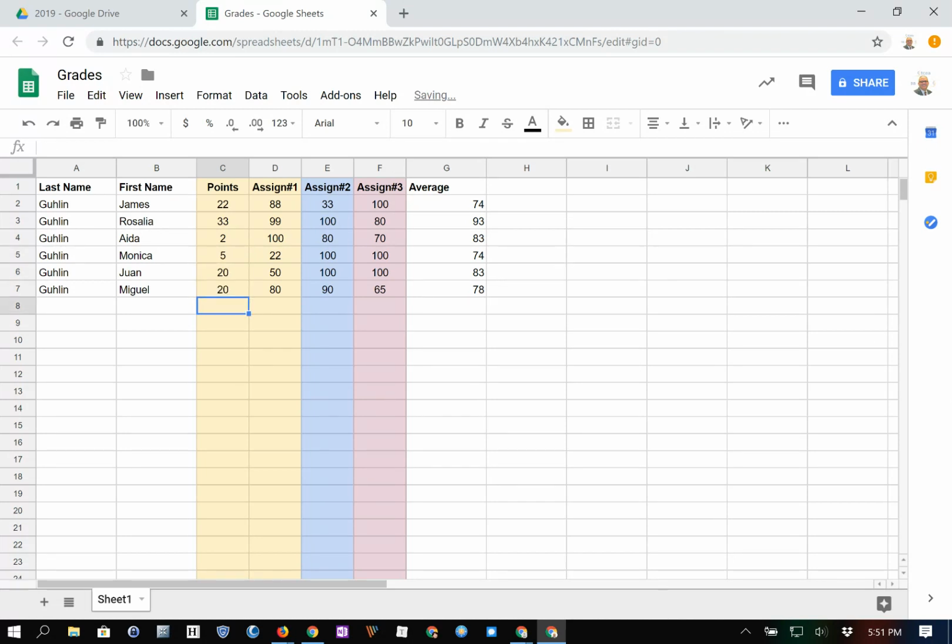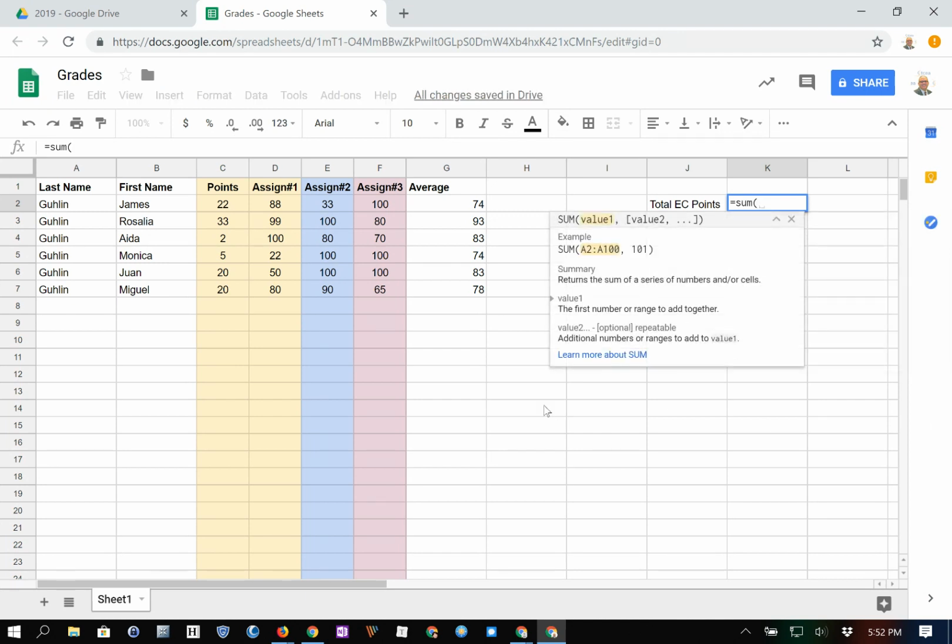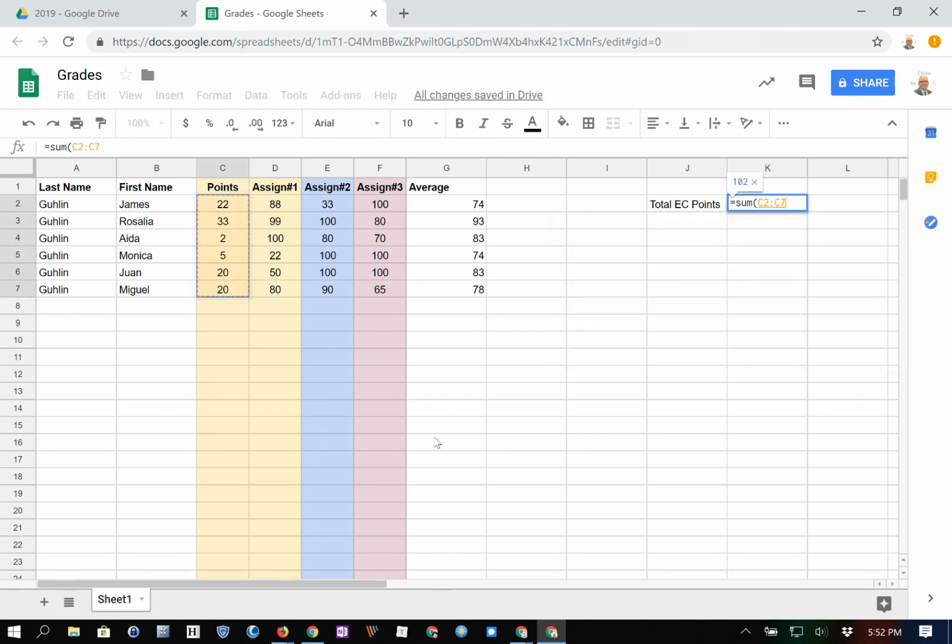Okay, and so I wanted to maybe... I could say the total number of extra credit points earned in the class might be the sum of all of these values here, C2 through C7. And now I have, wow, my kids earned 102 extra credit points this semester, or the 6 weeks or 9 weeks based on that. If I wanted to adjust their average as a result of the points, then I could